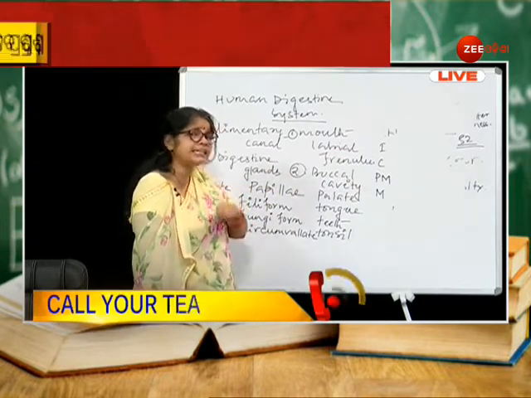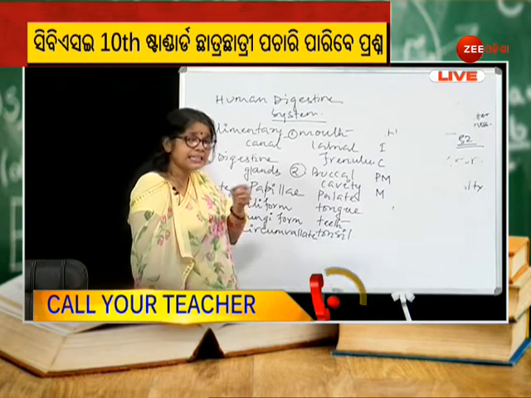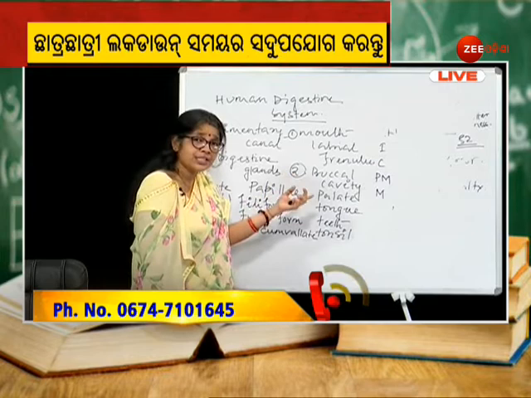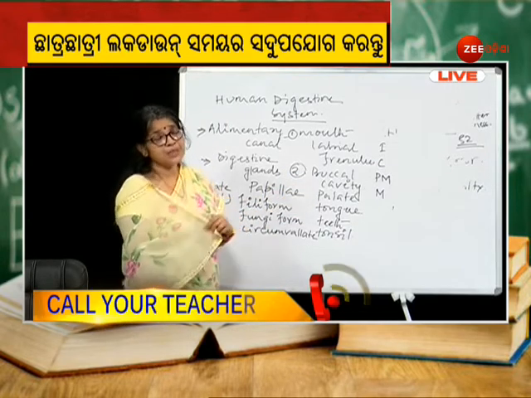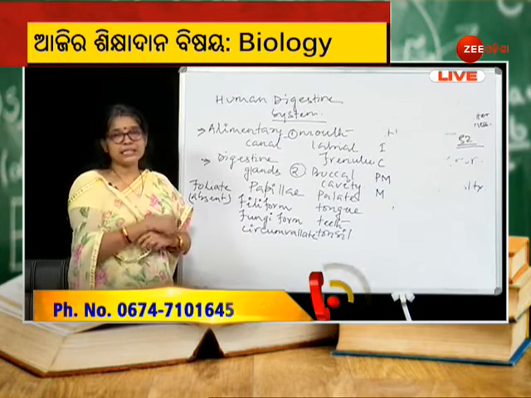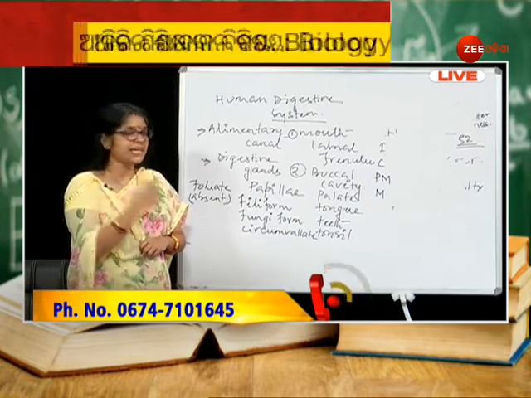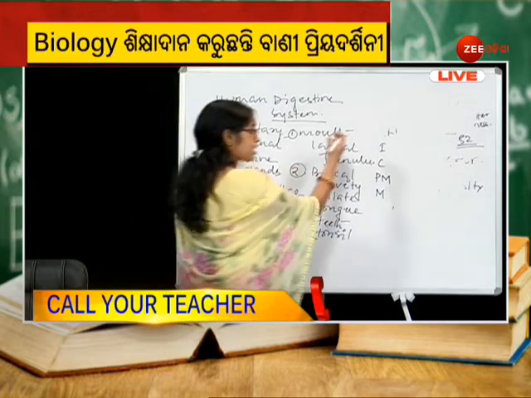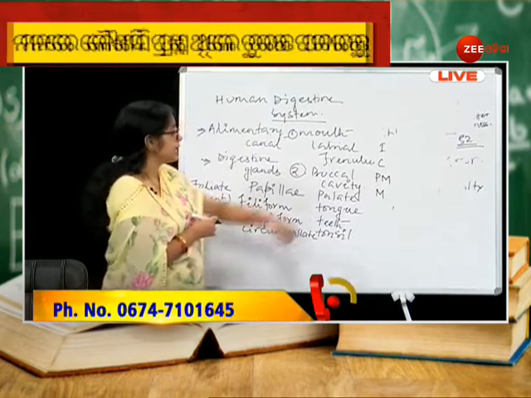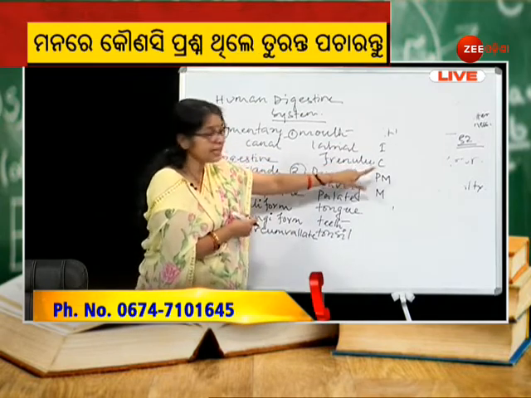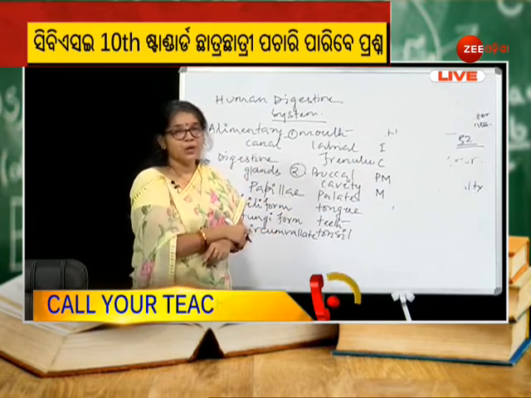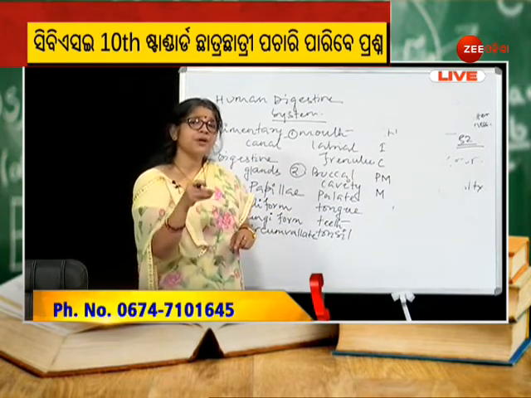Then how is the teeth attached? The teeth are attached with the jaw. According to the attachment, we have already discussed that the type of attachment is thecodont. It indicates that the teeth are attached with the jaw by forming a socket. So in case of human, all the different types of teeth, that is incisor, canine, premolar and molar, are attached with the jaw by the presence of a number of roots.